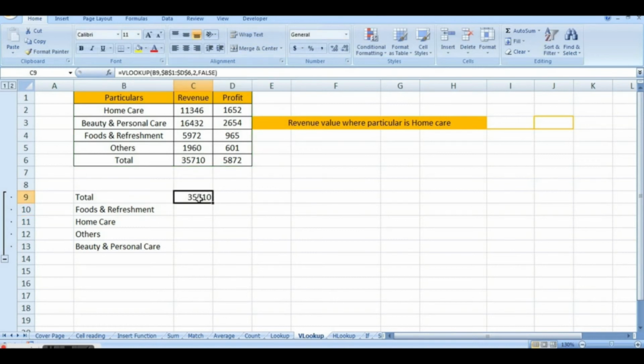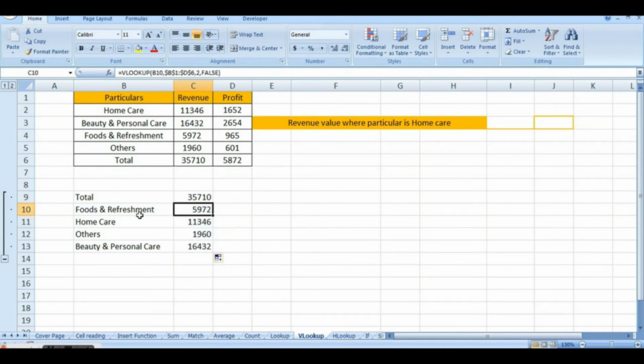Enter. If you see here, the lookup value is B9, that is total. I want to go for B10. I can simply drag it now from B9 and so on.